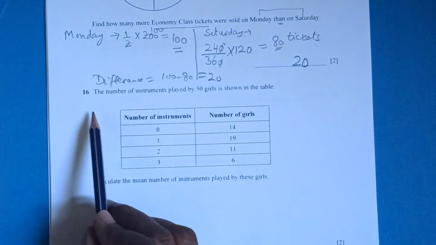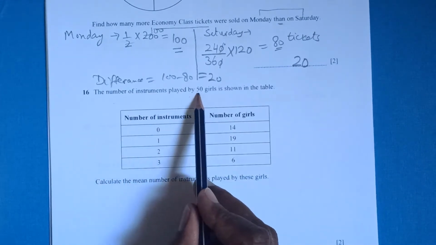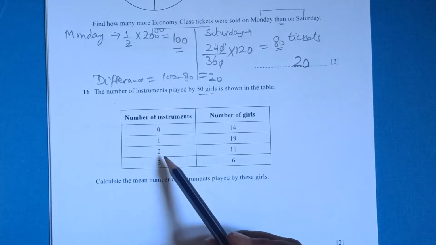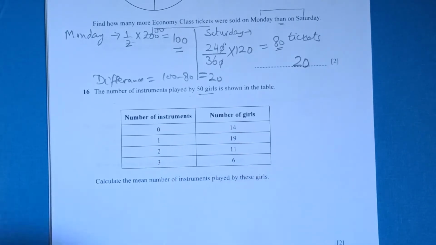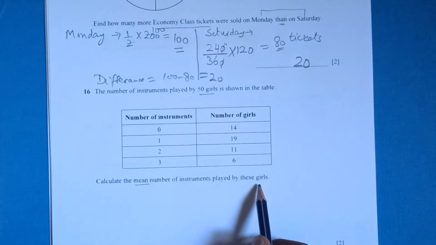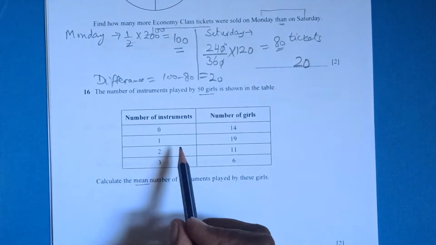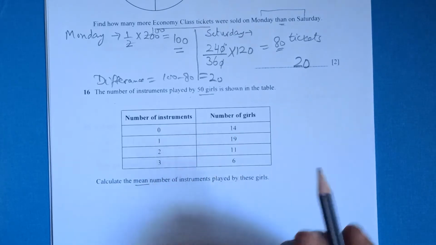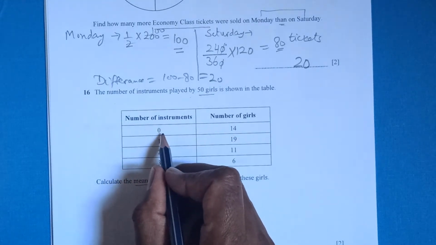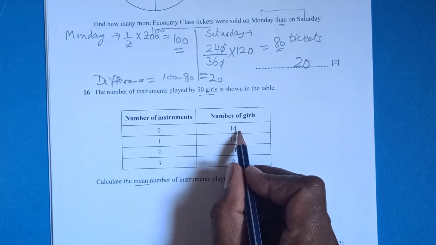Question 16. The number of instruments played by 50 girls is shown in the table. In the first column we have the number of instruments, in the second we have the number of girls. So calculate the mean number of instruments played by these girls. As we have the frequency table here, we need to multiply the number of instruments by how many girls there are. There are 14 girls who play,